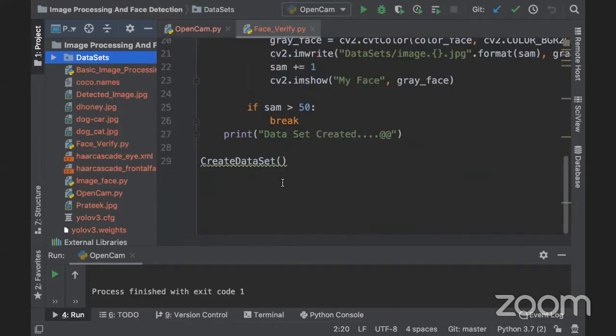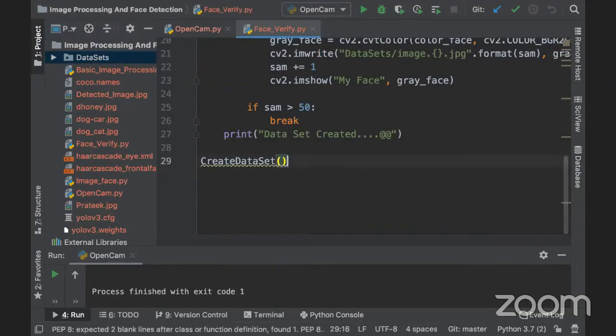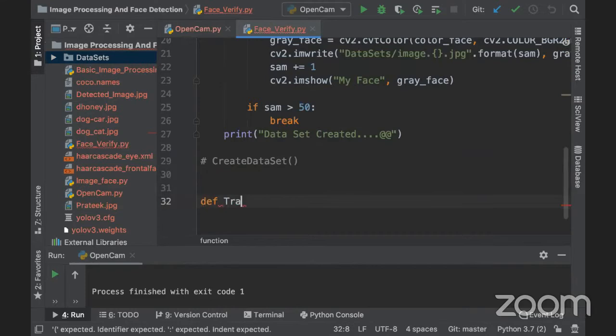Okay. So let's start. The next step is we are going to train our machine. So the next function is def train_machine. Train machine, right? So define train machine. After training the machine, define train machine. So